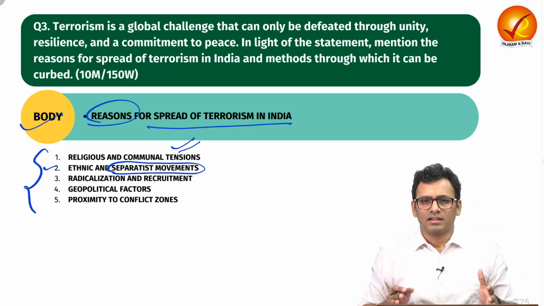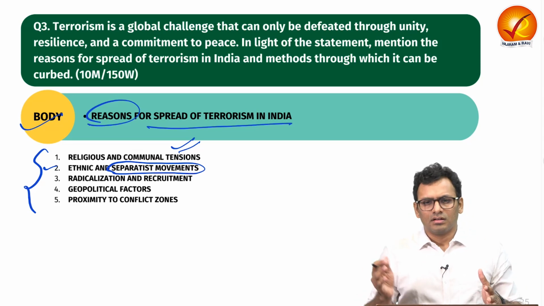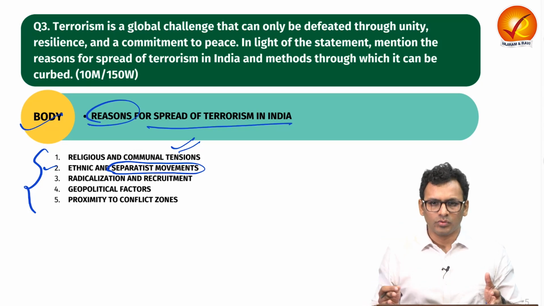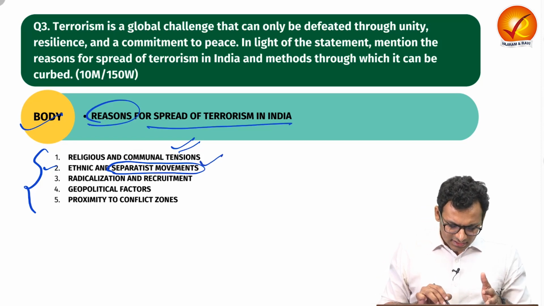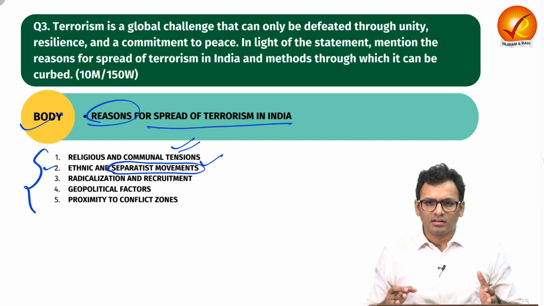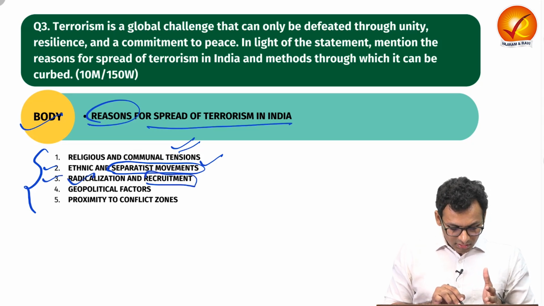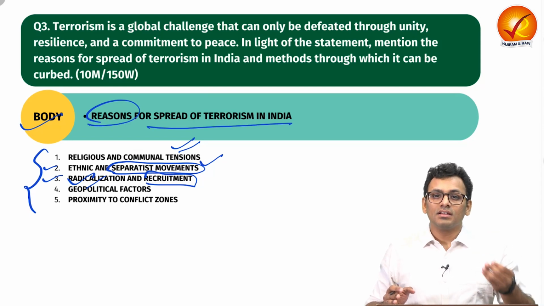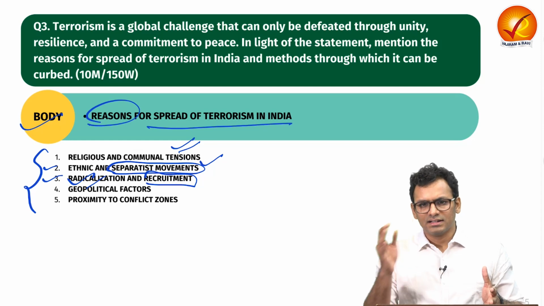We have multiple insurgent or terrorist activities within India. We have seen issues of the same in Kashmir. We have also seen the Khalistani movement, etc. We also have insurgency in the northeast. So that can also augment the terrorist activities in India. Third is radicalization and recruitment. We have witnessed how ISIS has been using social media to radicalize youth, and thus that leads to terrorist